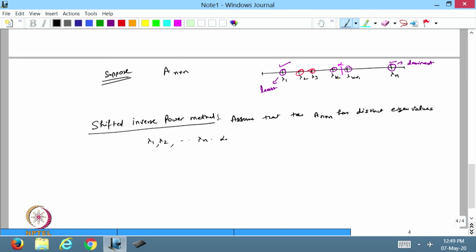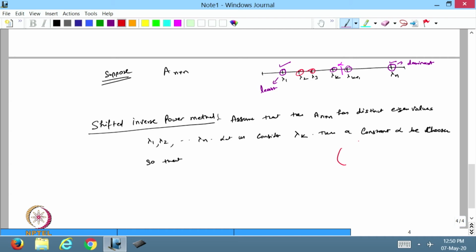So, let us consider my lambda k. This one I want to find. Then a constant alpha can be chosen so that,